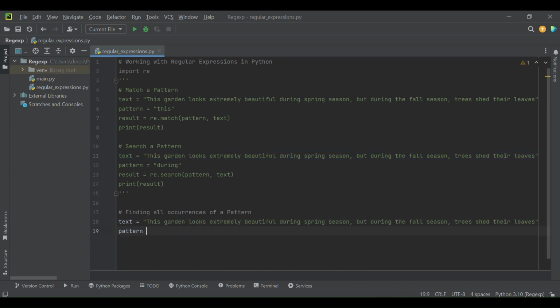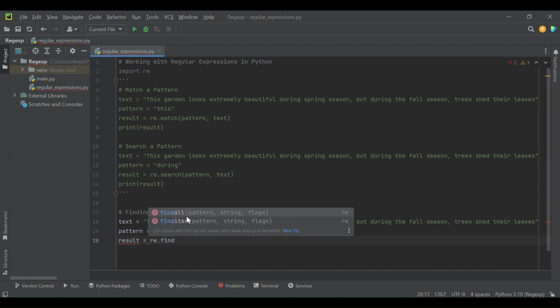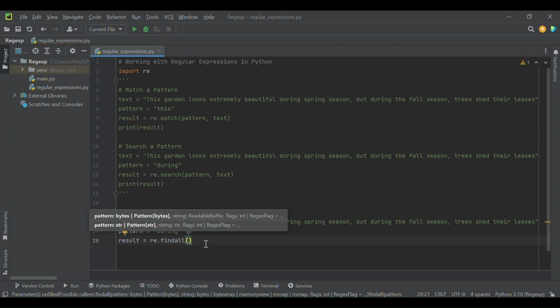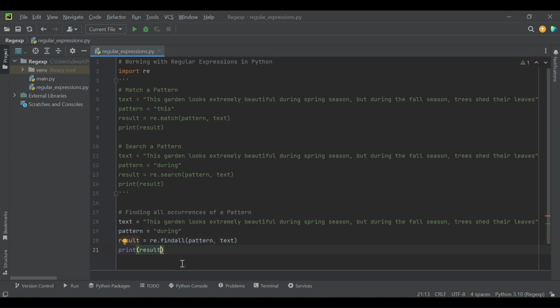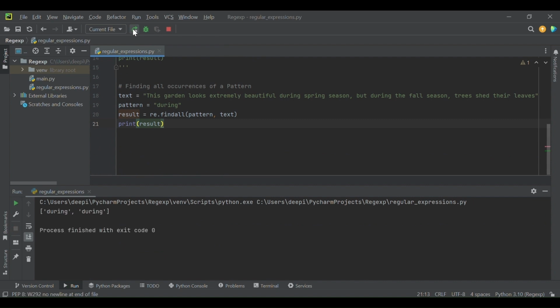So pattern is equal to the word during, and this time inside my variable result I will be calling the findall function. It also accepts those 3 parameters which I had already discussed. So just choose the findall function and pass pattern comma text. So basically the code for all these functions remains the same, only the pattern changes or the function name changes. Rest is the same. Let's move on to run the code, and this time we have got both the occurrences